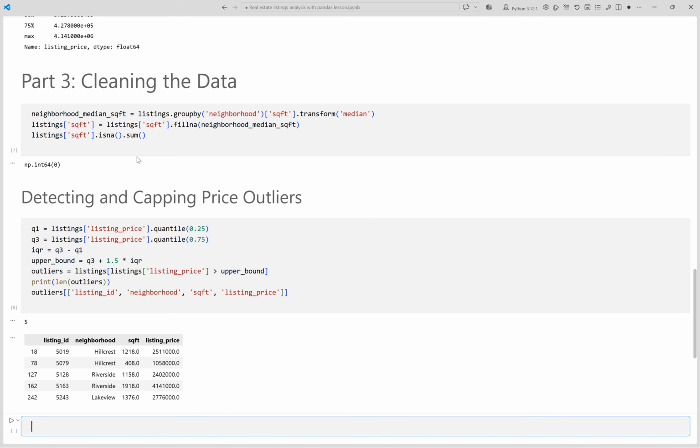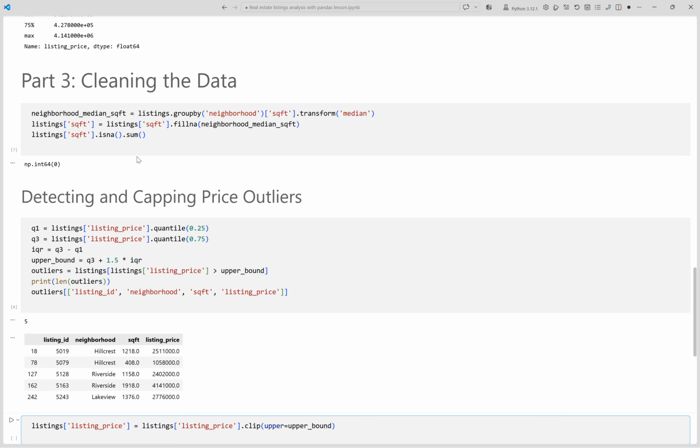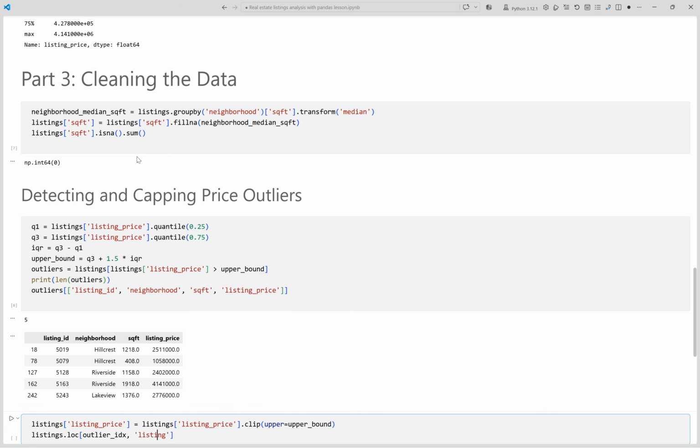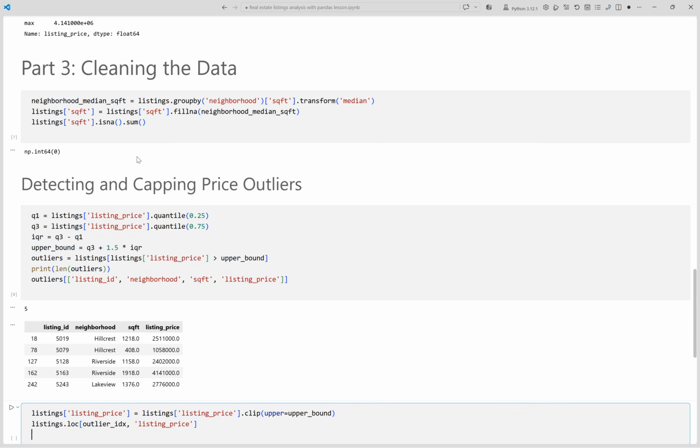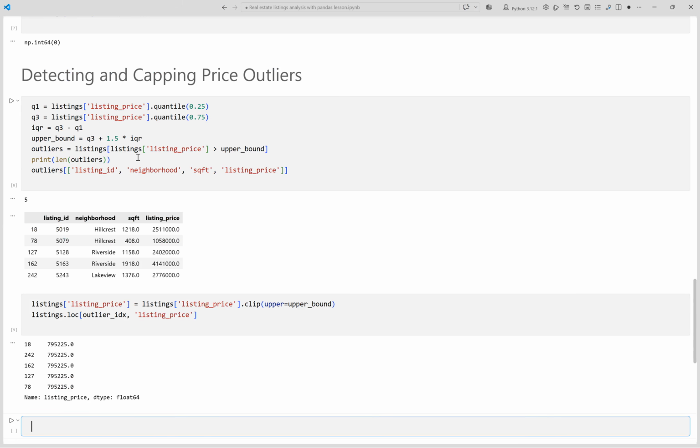Clip caps every price at that upper bound, pulling the outliers back down to a believable value without deleting those rows entirely. We check the previously outlying rows again, confirming they've been pulled back down to the cap. Running the cell now. Here, the output shows the listing prices of identified outliers after capping, all set to the upper bound of